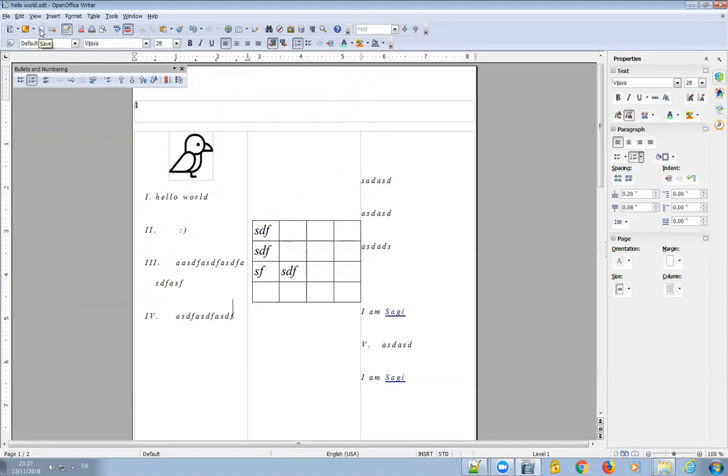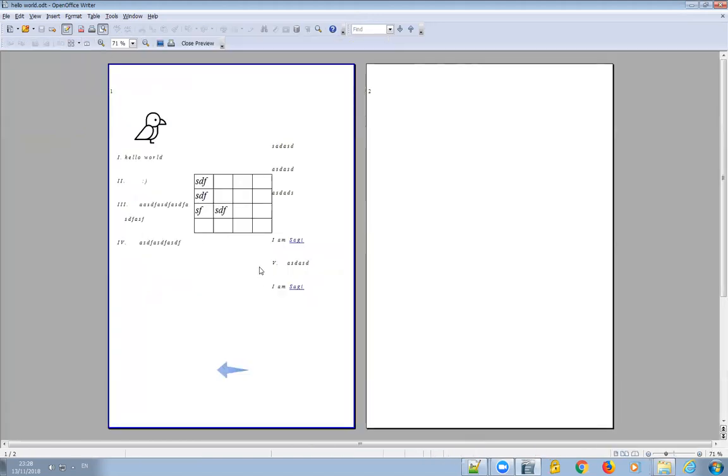Now you might also want to print it. So before printing, you can select Page Preview and you can see how it will turn out to be. So close Preview,